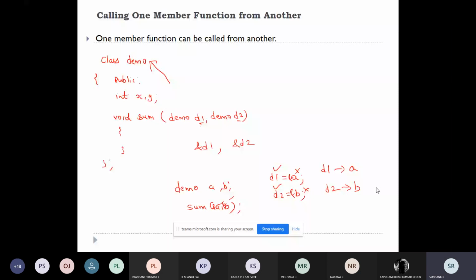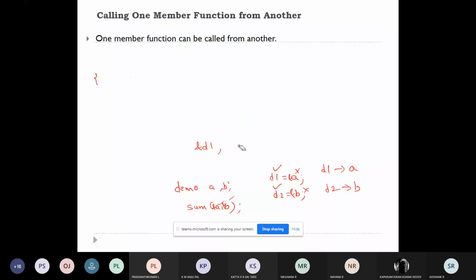So one example of passing an object. I'll write one class called sum.